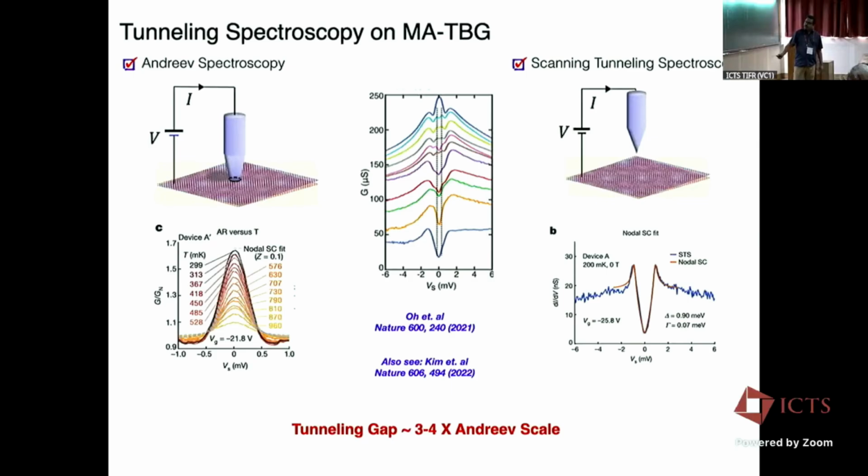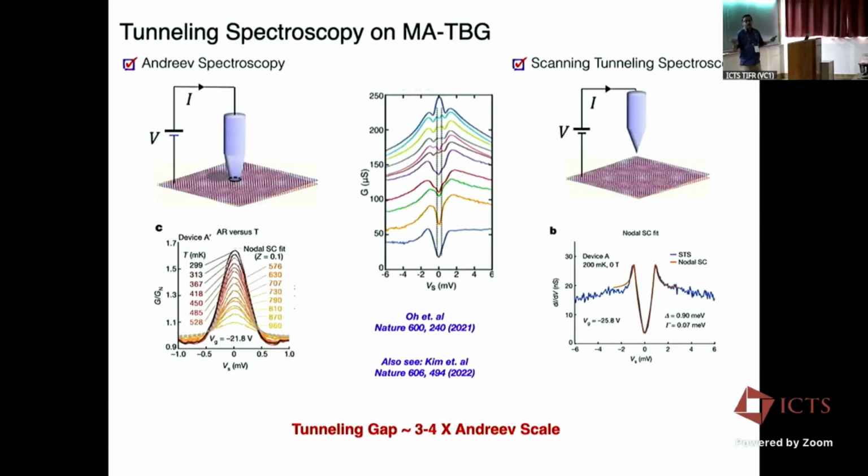However, if you fit the data and you extract a gap scale, the gap scale that you will get here is about 0.3 millielectron volt. So there's about a factor of 3 to 4. If you just look at the two data on the same material, you have put your STM above or you have crashed, and you get a spectroscopic or an energy scale out of it, but the feature is a factor of 4 off in the Andreev versus the tunneling spectroscopy. Okay, so that throws up a puzzle.